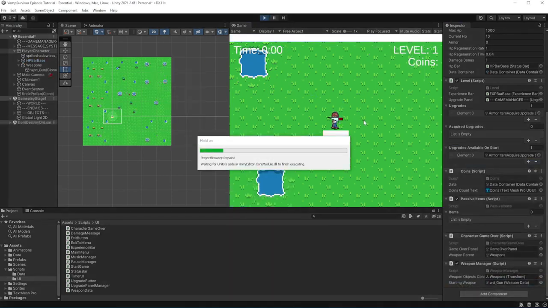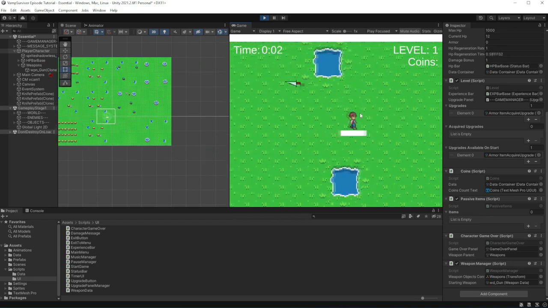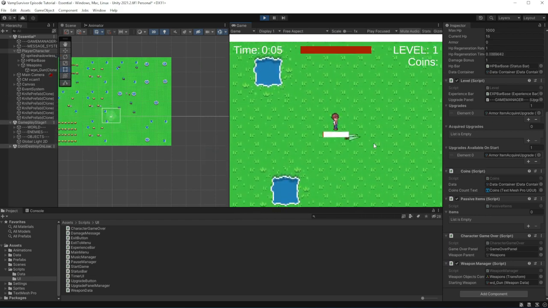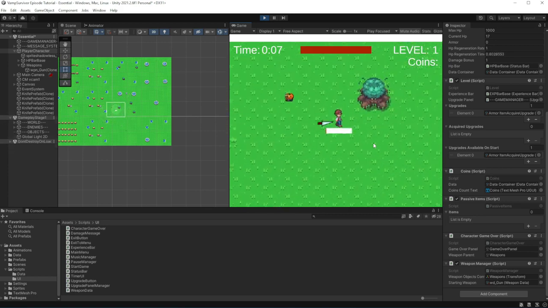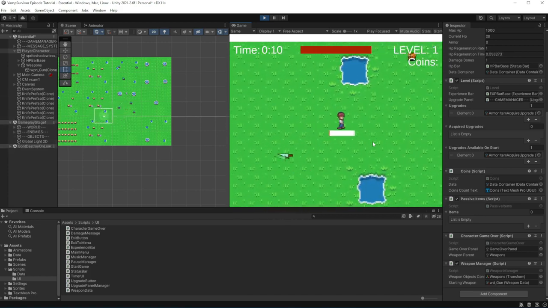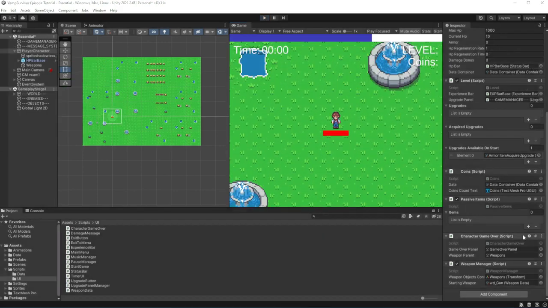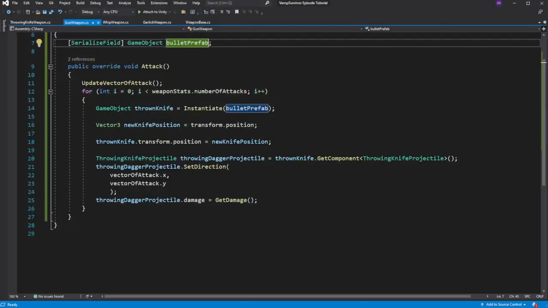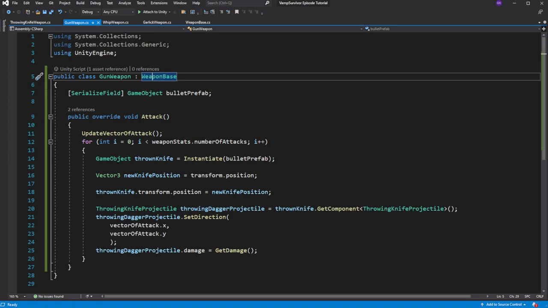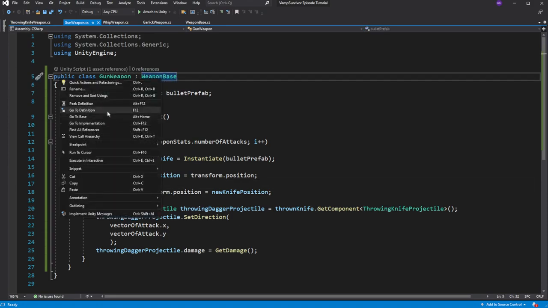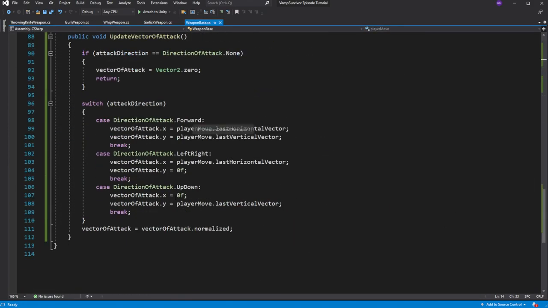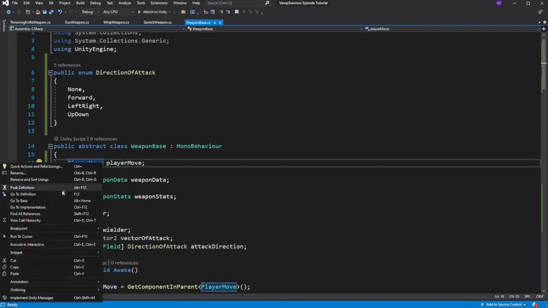Let's test this. Okay, we have a weird behavior. This is happening because of how we calculate our last vector of movement. These two last vectors are preserved in what I will call a decoupled state. It means each of them is updated individually.